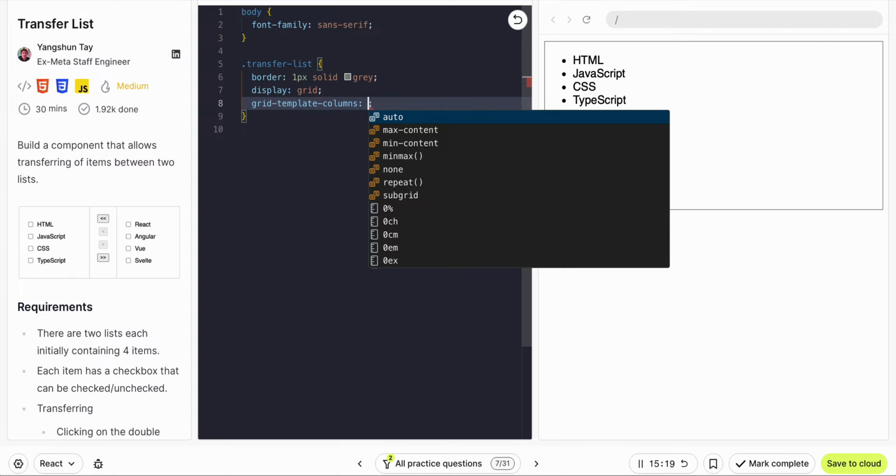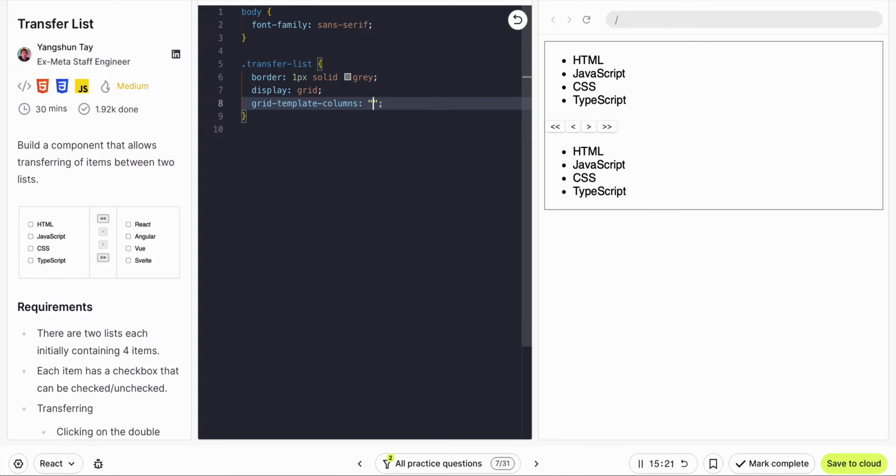template column. So we'll have 1 0 1 5 1. Why is this not working? Oh, let's